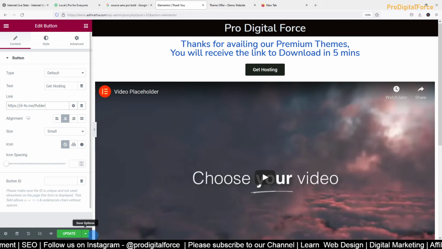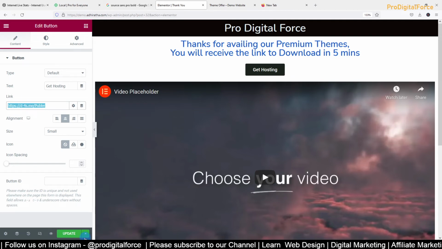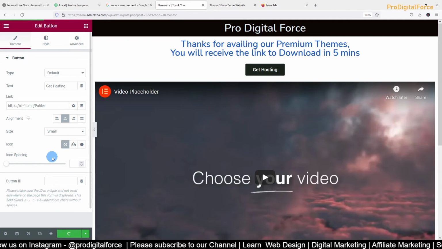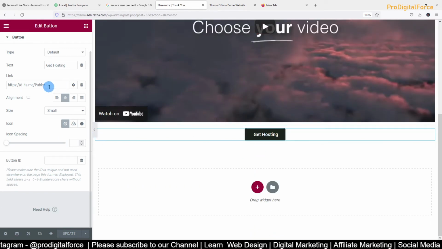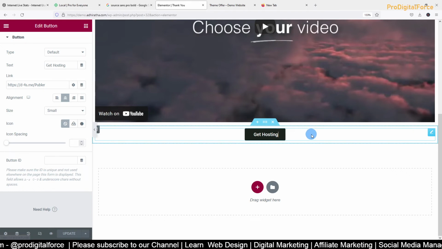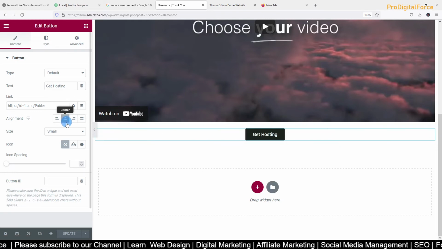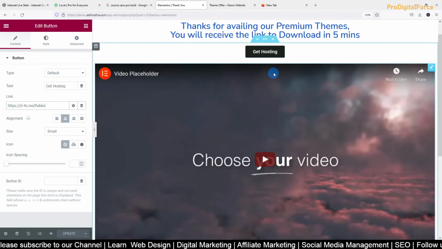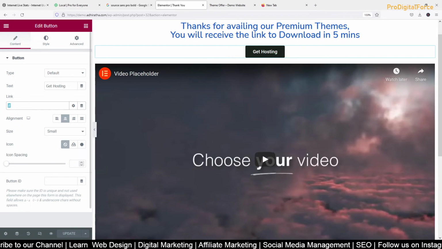Maybe Publer. I'll copy this, click on update. Again the second button also. Okay, it is already there. This one, okay. Edit button for this.